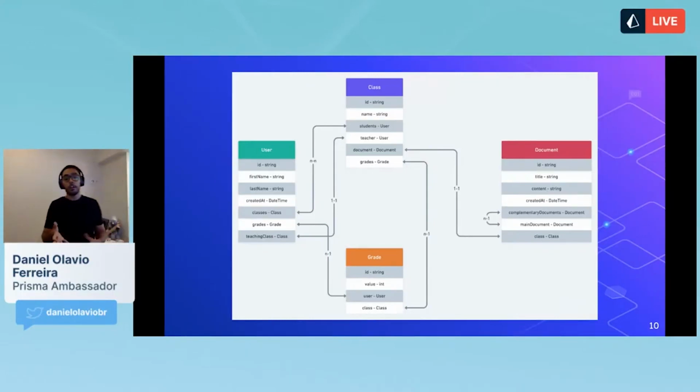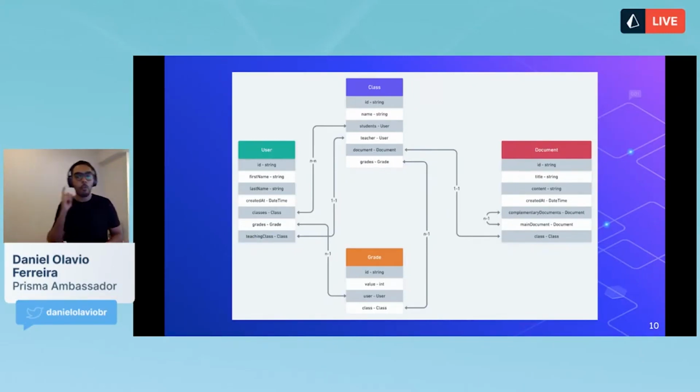So one of our users can be a student in one class. One user can be a teacher in one class. Oh, the user can also be a student in many classes, sorry. A user can have many grades. So if he's a student, he has many grades for his many classes. A class can only have one teacher. It may or may not have a teacher. It can be a self-study class or something like that. A class may have many grades for its many students.